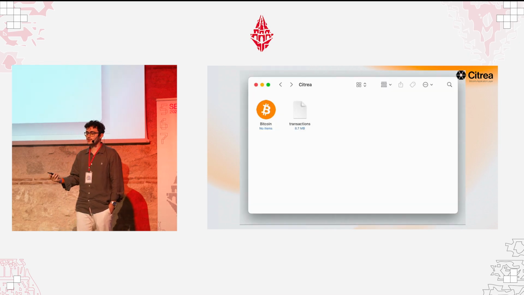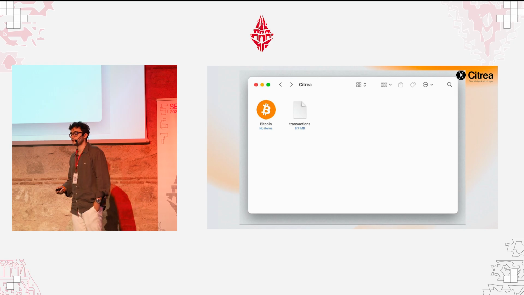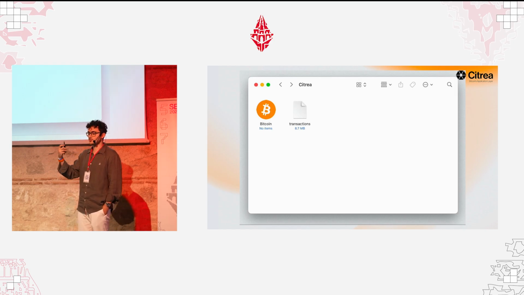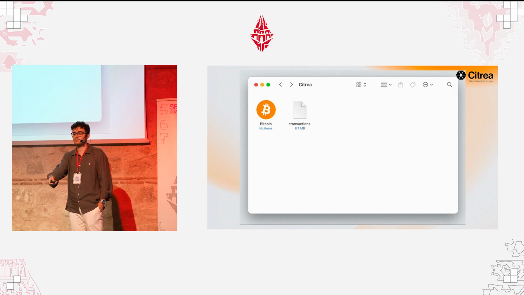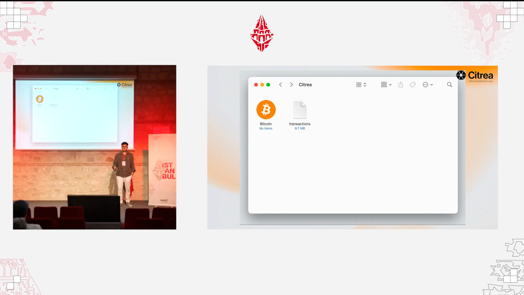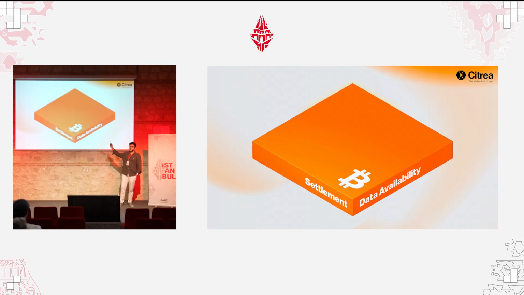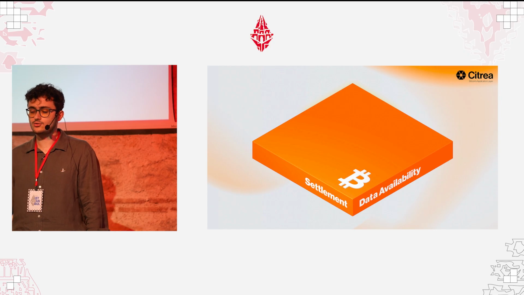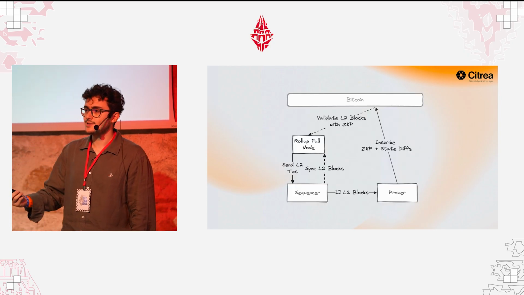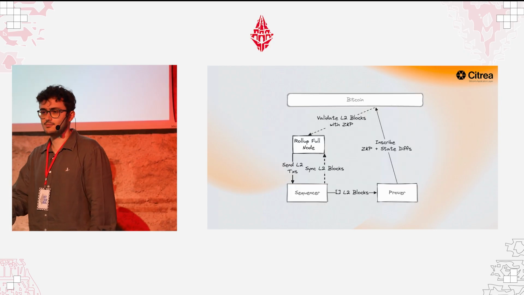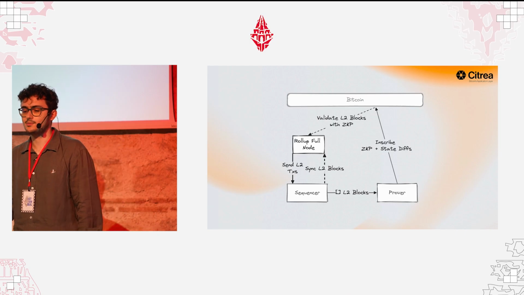So what we do is take some transactions, run them through our zk circuits, compress them, and send them back to Bitcoin. Send them back to Bitcoin, you may ask. So Citrea uses Bitcoin as a data availability layer. So imagine this Bitcoin block. We explained we use it for settlement when talking about Clementine. But we also use it for data availability. So what happens in Citrea is not that much different from other Ethereum rollups that we are used to.